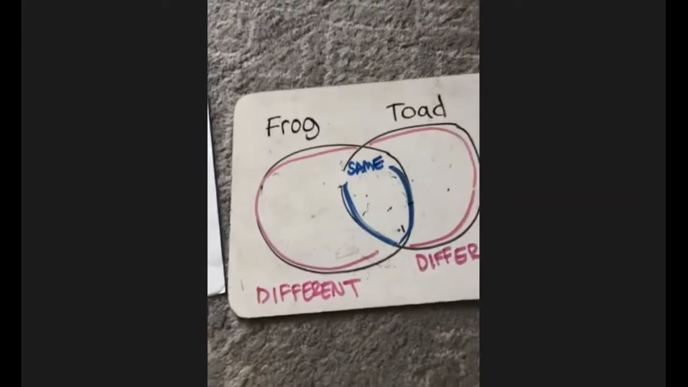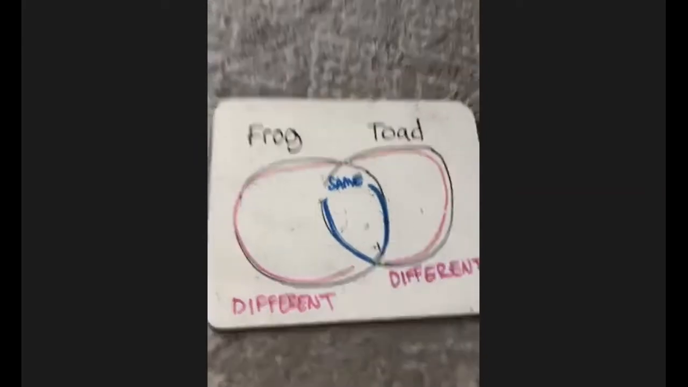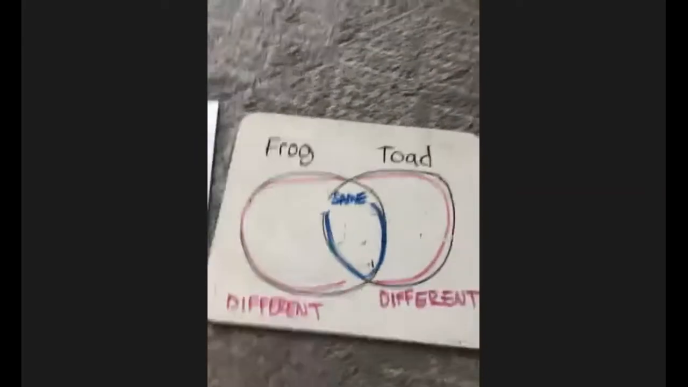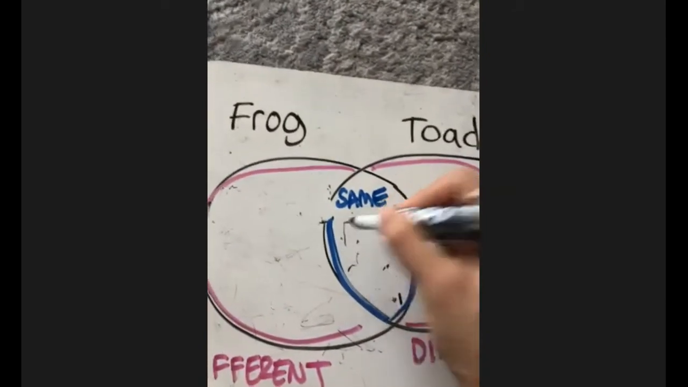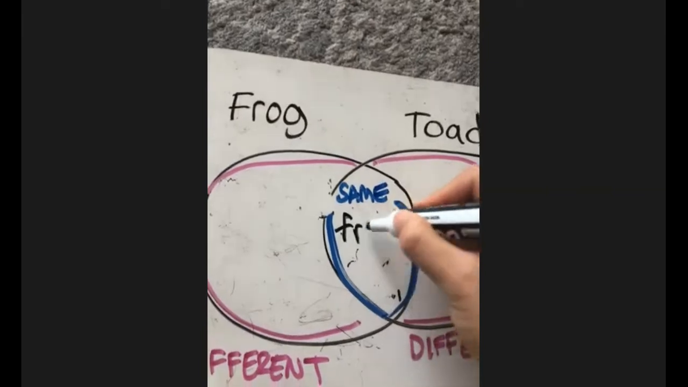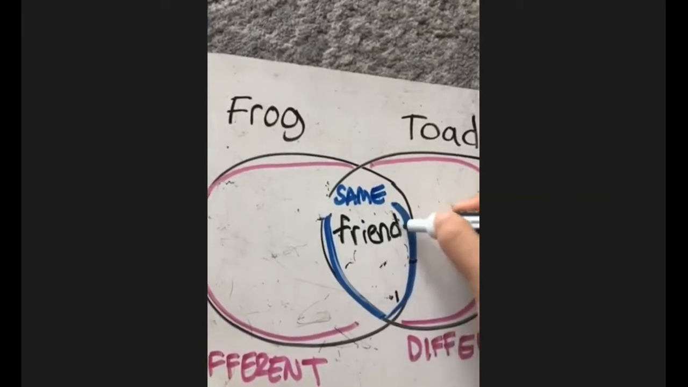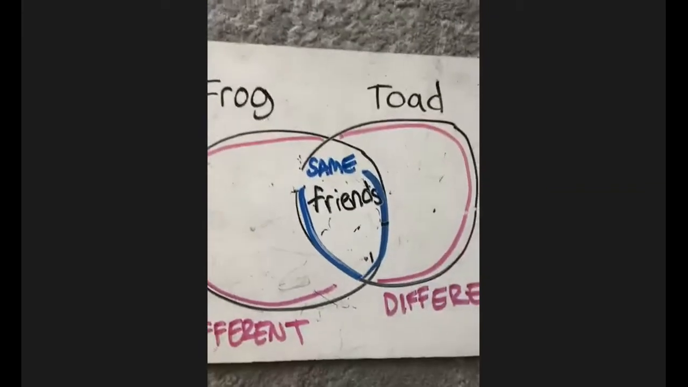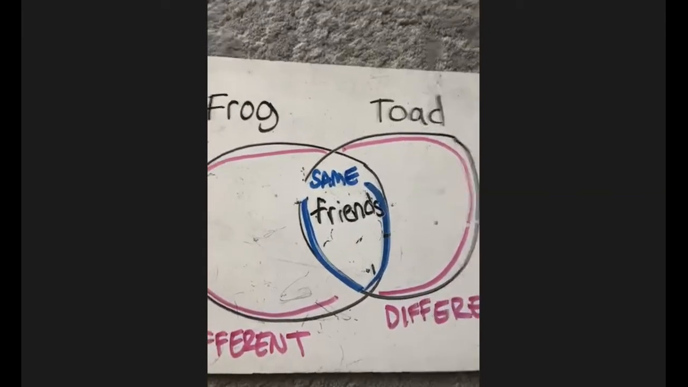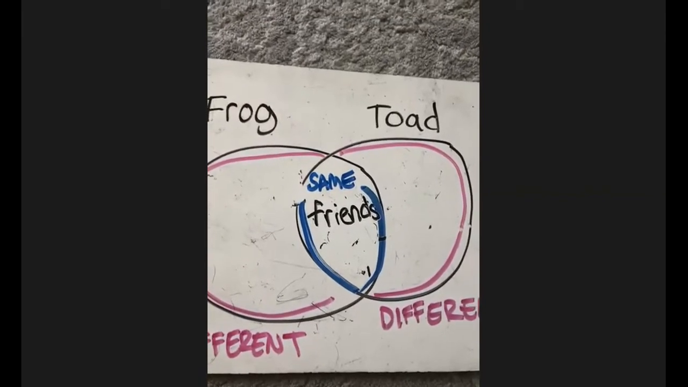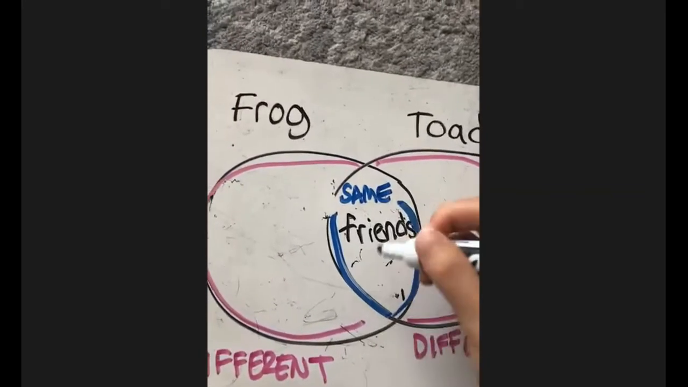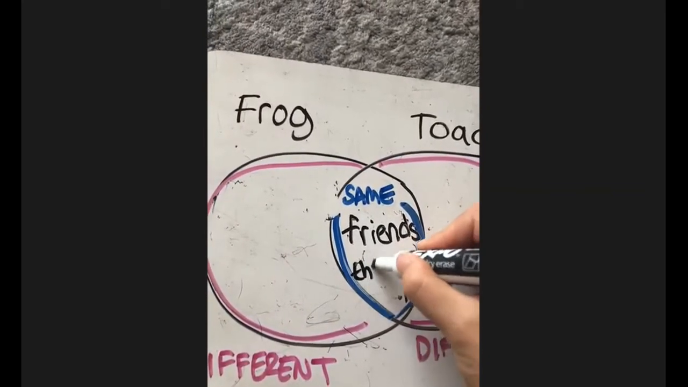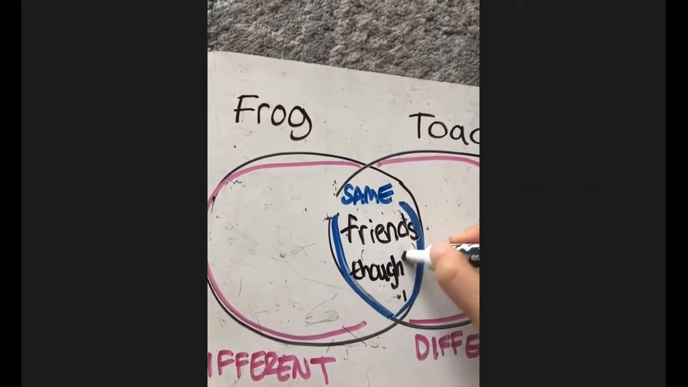Well, one way that I know Frog and Toad are the same, the first thing is they're both friends with each other. They both enjoy each other's company, and they do kind things. Another way that Frog and Toad are the same is they both are thoughtful. And I know they are thoughtful because